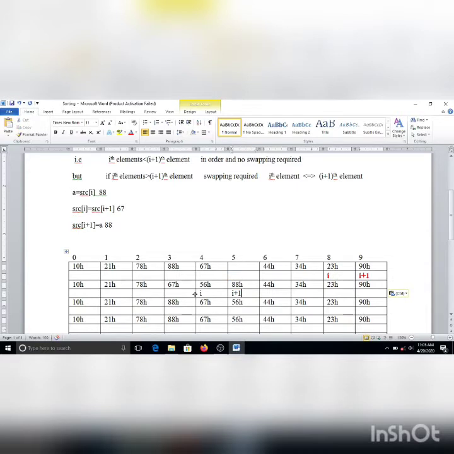Again move I and I plus 1 to the next memory locations, increment I. Not in order, again an exchange is required. Similarly, exchange between these two, and when 88 comes here, again an exchange between these two will be required. Again 88 will come here, 88 and 23, again the swapping will be done. In order to reduce the further copy and paste, I will directly move a single step ahead.